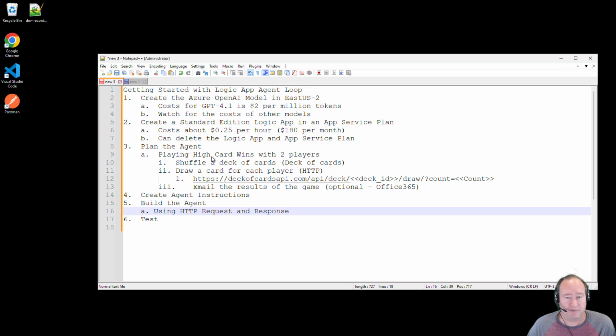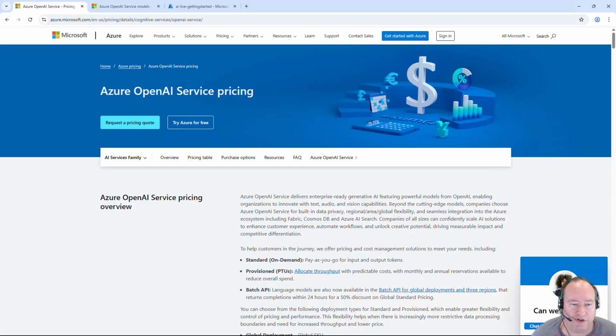So that's something I found when working with this agent loop, is that this request response pattern for the autonomous agents is very beneficial. And then we're going to go about and test that. So with that, let's go ahead and jump right into our Azure portal and get started with building our OpenAI component. Okay, now I simply just jumped over to Chrome,